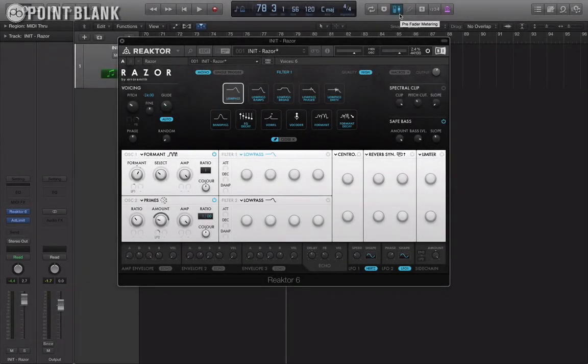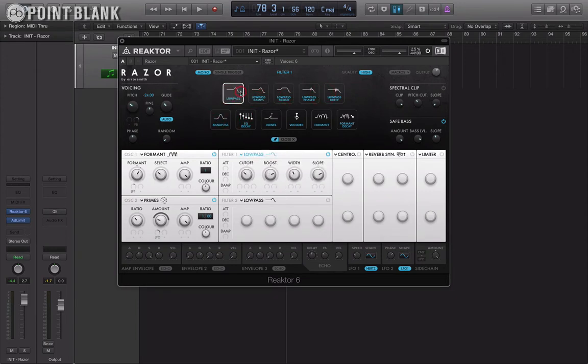In this third video looking at Razor, we're going to discuss the filter section and the effects. Looking at the filters first. To select a filter type is quite simple. If we click on this drop down option here, then we can see the various different options that are available to us, and if we just turn the filter on, then we can also see the parameters which are available